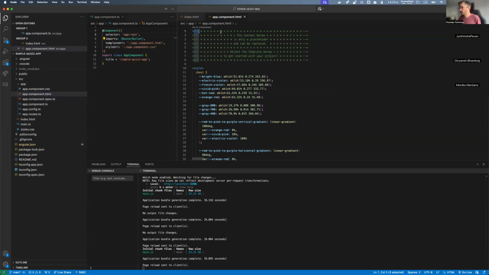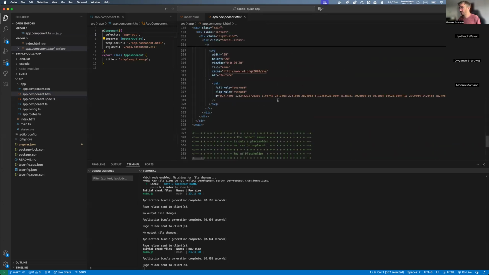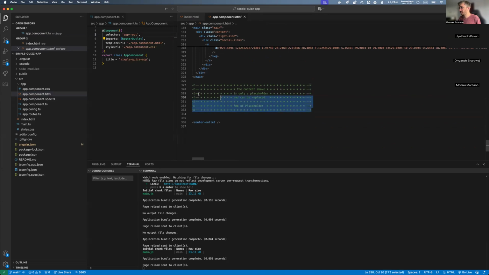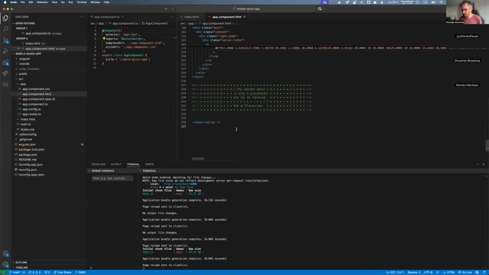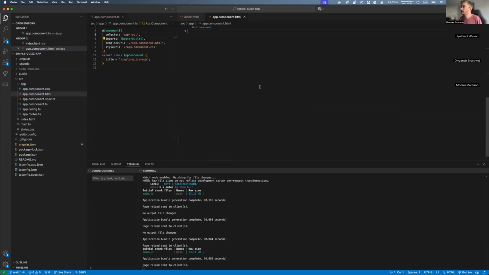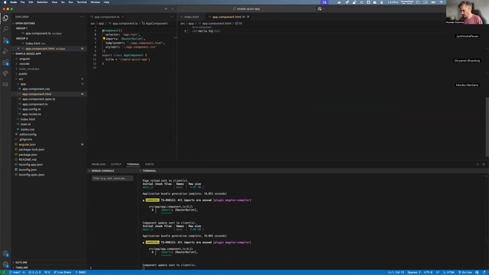So let's have a look. We can see we have those comments. Go down, go down, and we can see that as well. You can remove this and keep this. But we can also remove this one because in our case, we will not have any router, right? So I'm going to remove the content of app.component.html. I remove everything, and I'm going to put an h1 tag. Let's say hello everyone, like this. And save. I can see a warning here.